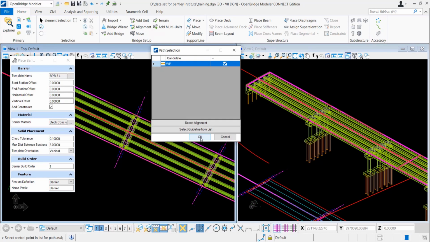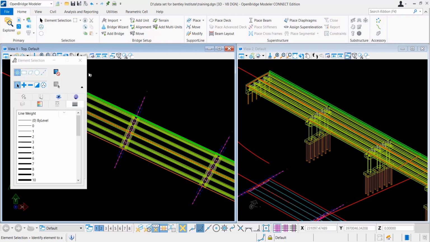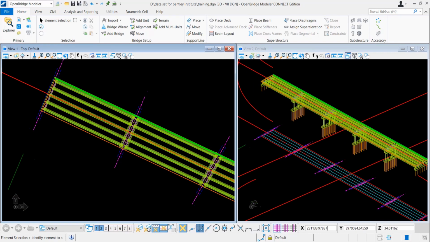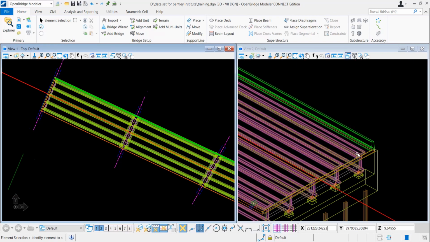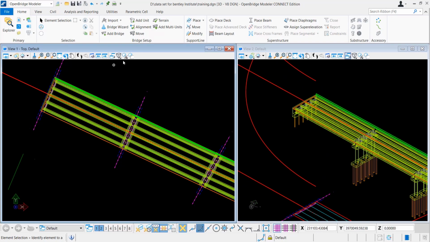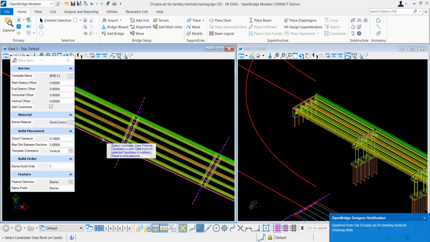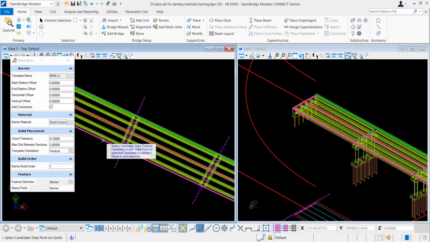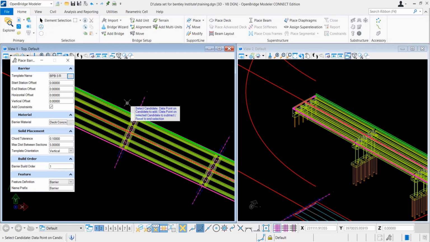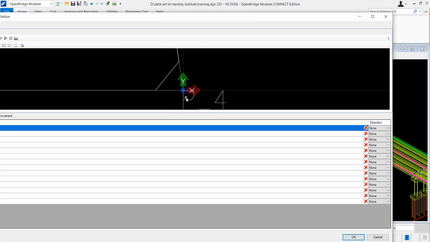Here you can see that we are giving an attachment point for the crash barrier as well as for the deck, and by this you can see that it places the 3D crash barrier as well. It's so quick and so easy. Nothing you are drawing, no manual information like putting elevations or offsets. It is just selecting from the templates and attaching through certain points, and through the templates' predefined variables you are automatically changing your dimension. So that's the idea of parametric modeling, and also using different templates.